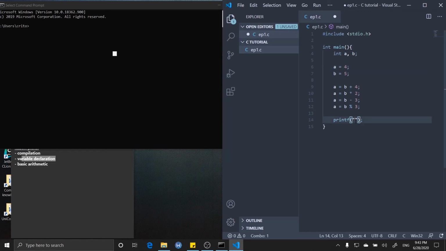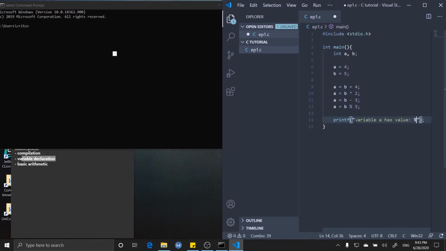Okay, so now let's put in something that the program can print off. So for example, the variable A has value, and I'm gonna put in a